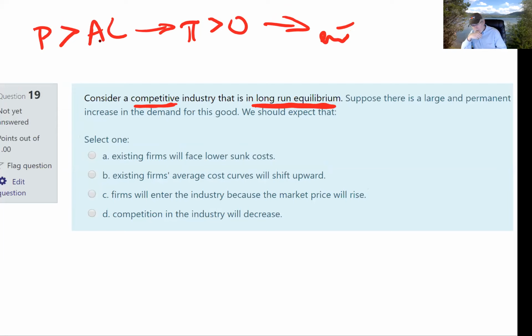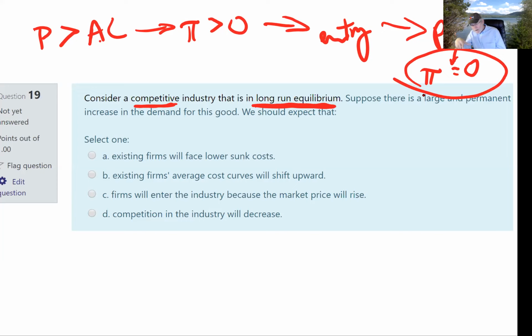It's going to lead to entry, okay? And when you have new firms coming in, that's going to push the price down. And as the price goes down, then eventually it falls so far it's equal to average cost. And if price equals average cost, what does that tell you about profit? Profit has been pushed down to 0. We're dealing here with a competitive industry that is in long-run equilibrium, which means that they're starting out with 0